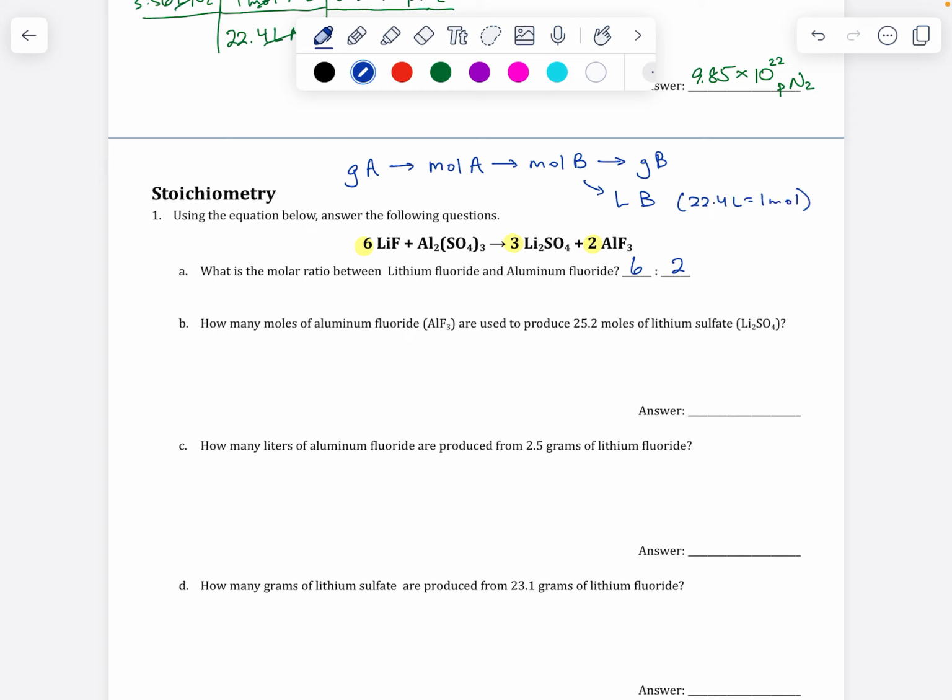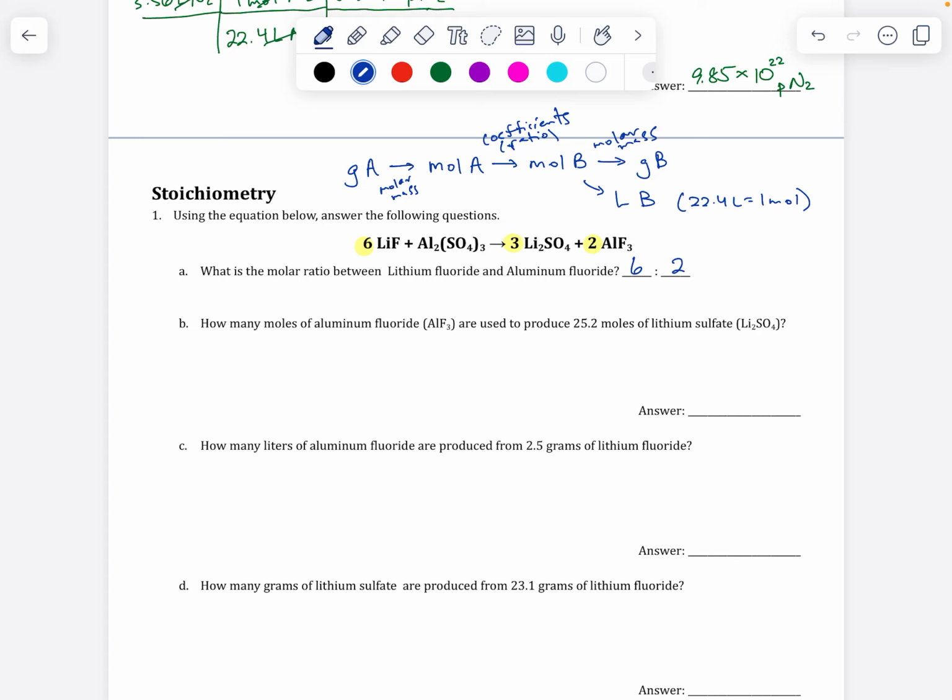Of course, every mass, right? Every mass to mole here to here has to use the molar mass from the periodic table. So this one's molar mass. This is molar mass here as well. And then, of course, this is the coefficients that we just talked about for the ratio, the mole ratio there